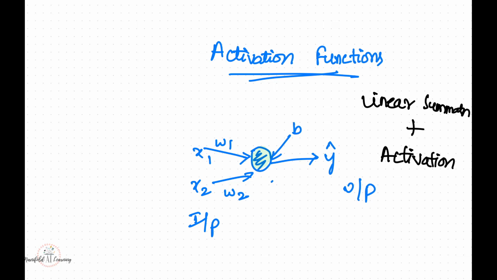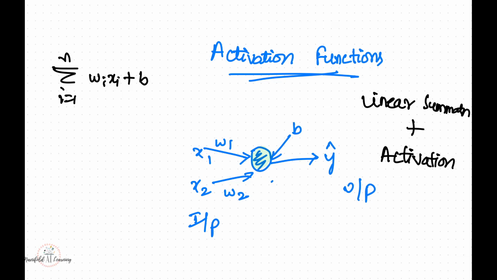Now, let's define what the summation is. Summation is nothing but the dot product between my weight terms and my input terms. If I want to represent it with the summation sigma, I'll say sigma i equals 1 to n of wi xi plus b. So this is what happens in the summation step. I take the dot product between my weights and the inputs and add the bias term of my neuron, and this performs the summation.